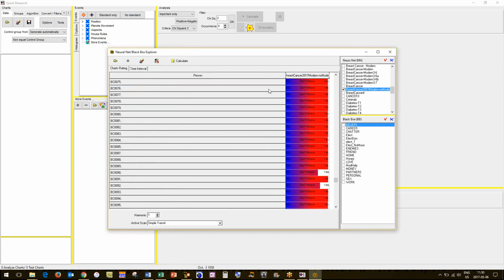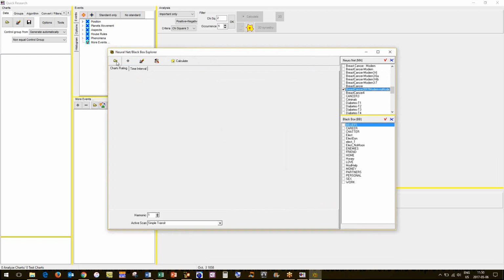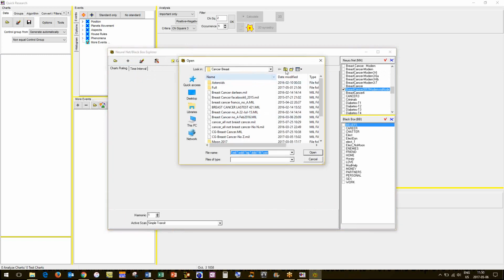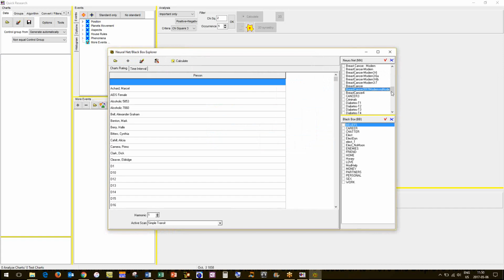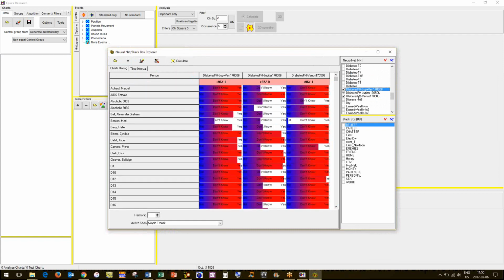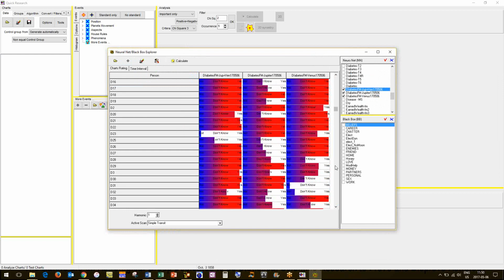Yeah, these are all my developmental models. I'm going to have to move them so I don't mix them up. And then in diabetes, let's look at our diabetes. I was running this last night, so we could come down here in diabetes and pick up all our diabetics. Now I ran diabetes. I ran, where is it? I've got 3 models here. So I did Jupiter, Venus, and then a combination of Jupiter and Venus.